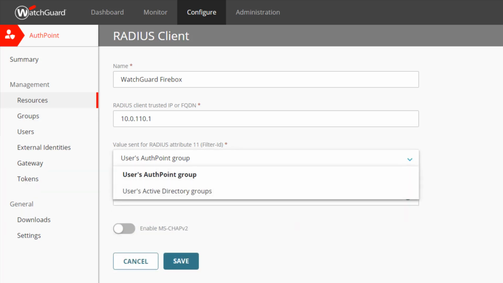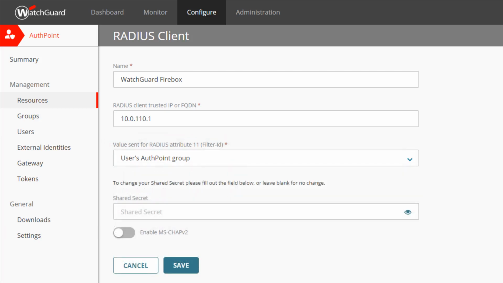This option, the value sent for the Radius filter ID attribute, controls what group name AuthPoint will report back to the Firebox or other Radius client. This group name will usually be used to authorize the user to use a VPN. By default, AuthPoint will report the user's AuthPoint group name, but we can have AuthPoint send over a user's Active Directory groups instead. We will talk more about MS-CHAP v2 in our second Radius video,